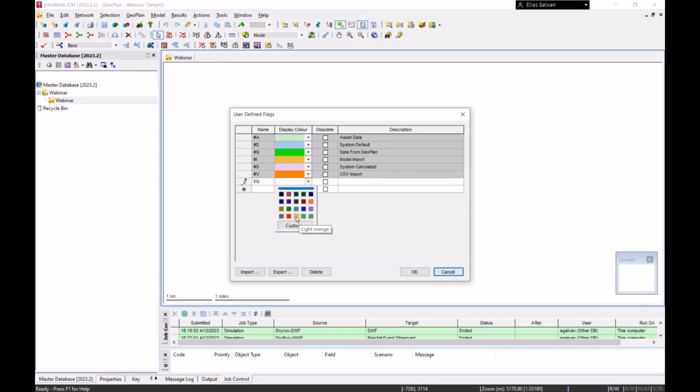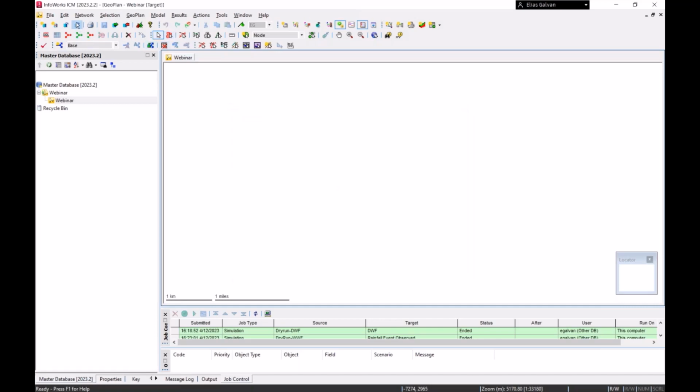So every time I import something, or every time I make some changes, the software will be taking notes of what was done and performed by me. Once we have that, we see that we have our flags over here set. This is the flag. So everything I do will be flagged, and if another person makes changes to the same model, it will be flagged with this other person's